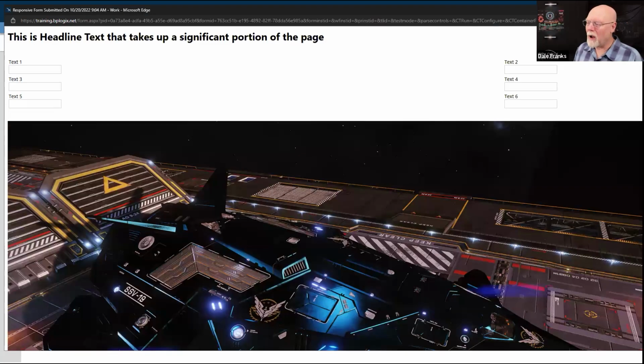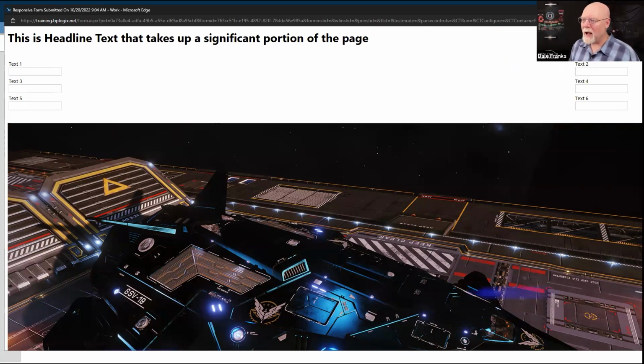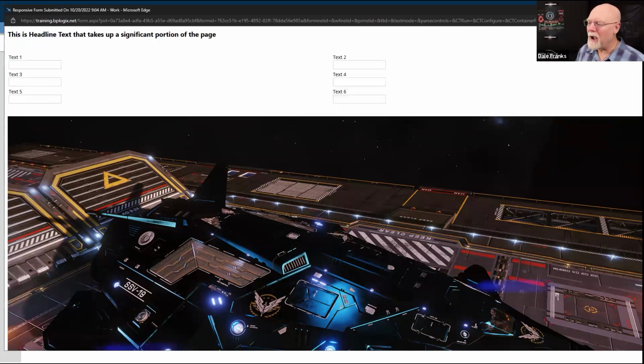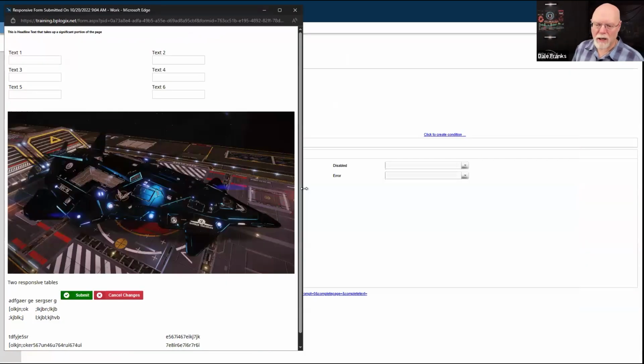Now, obviously this image has a maximum size. So while I am making my screen bigger, which you can see if you look at the top of the form and you look at the location of the form controls, I'll make them bigger again. You can see that that picture is not changing its size because it does have a fixed maximum size. But if I make my form smaller, then my image starts to get smaller.